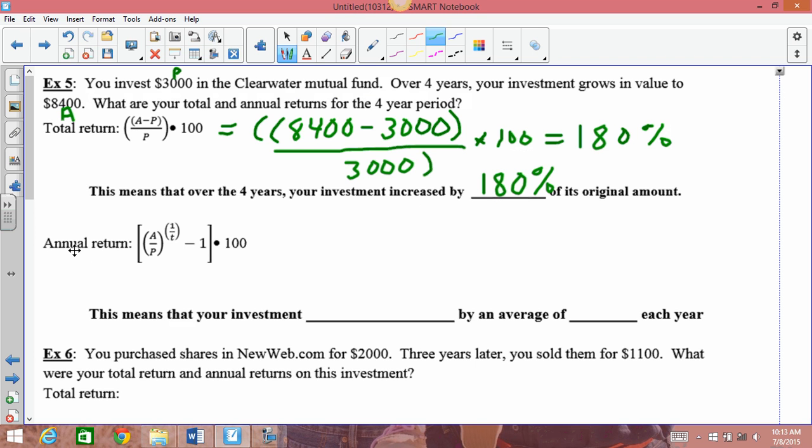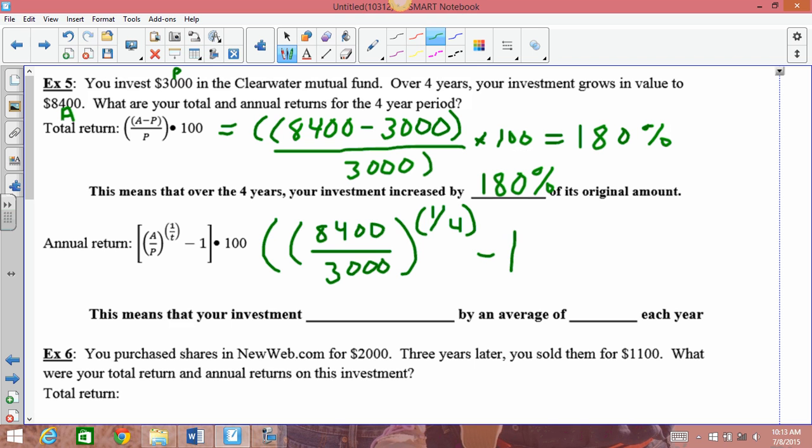All right, my annual return. I start with a parenthesis, and then go immediately to another parenthesis, my A, which is 8,400, divided by my P, 3,000. Close it, raise it to another parenthesis, 1 divided by T. I did this for 4 years, so 1/4. Close that parenthesis, minus 1. Be sure the minus 1 is not in the exponent. Close that parenthesis, times 100. After you put that in your calculator, and again, you should be able to put that in from left to right like that, you should get